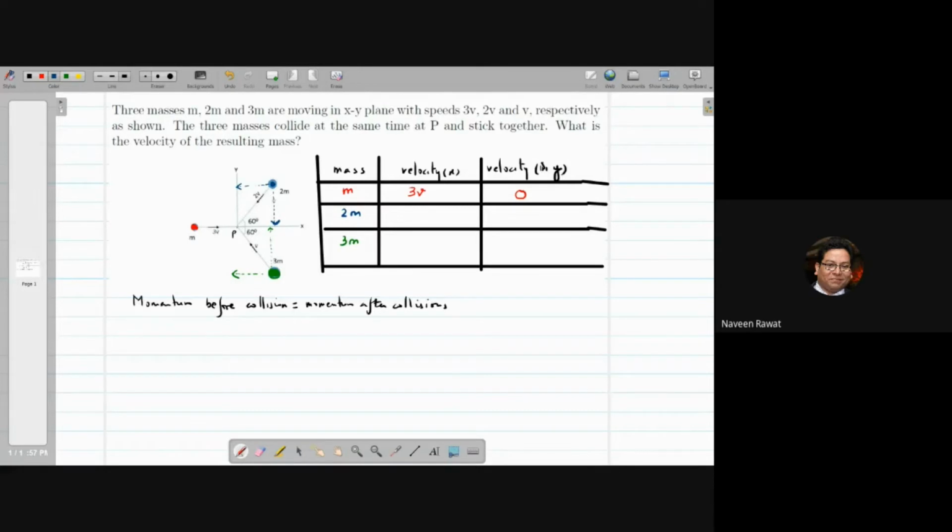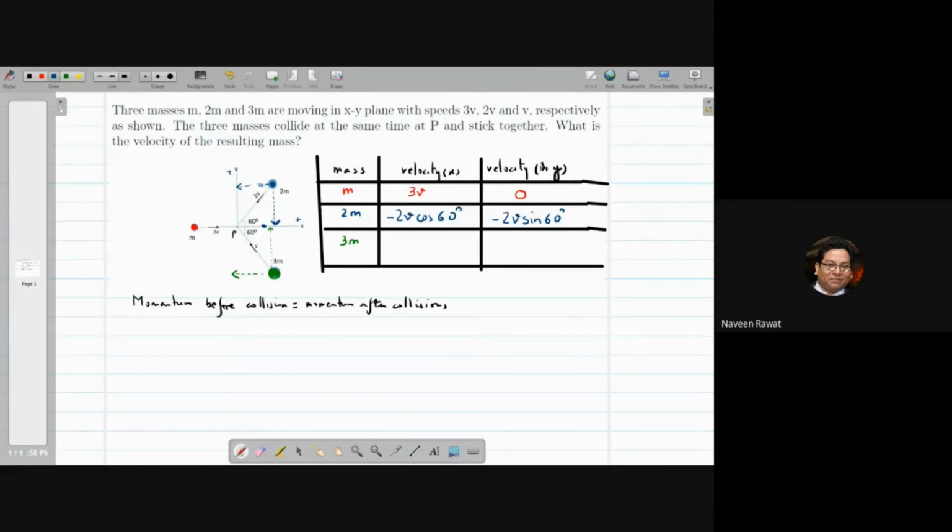So we have 2v, it is pointing in the opposite direction to the positive y direction. Okay, so here you will get minus 2v sine of 60 degrees. Okay, similarly this side, which is corresponding to this side right here, you will get 2v times cosine of 60, and it is moving in the opposite direction to plus x, so you will get minus 2v cosine of 60 degrees as the value for your component, which is right here. Okay, so that is this component.